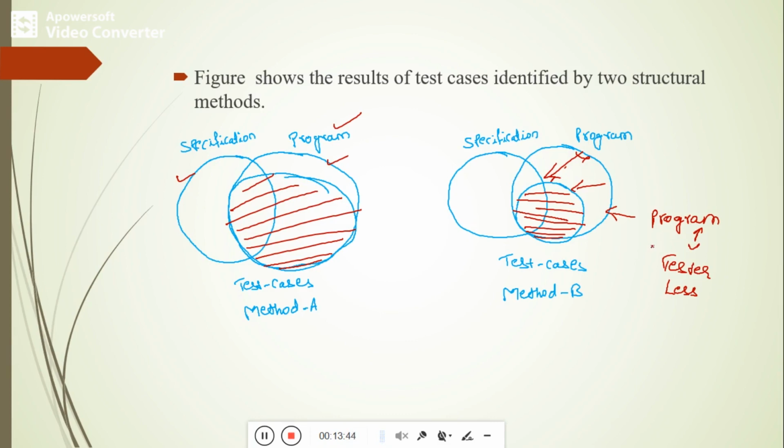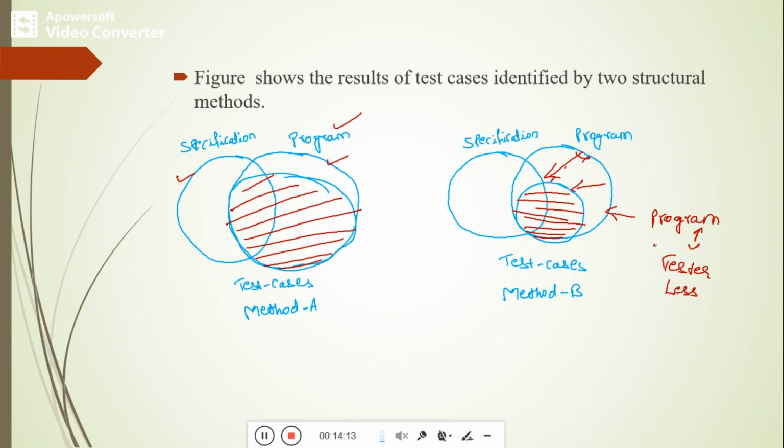Under black box testing, the implementation part of the software is unknown to the tester, but here the implementation part, the coding part, is visible and clearly known to the tester. Therefore, the tester can write test cases based on the program behavior. In black box testing, the tester will write more test cases based on the specification behavior.